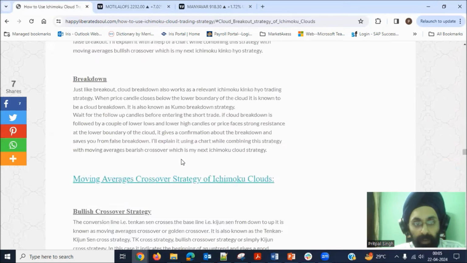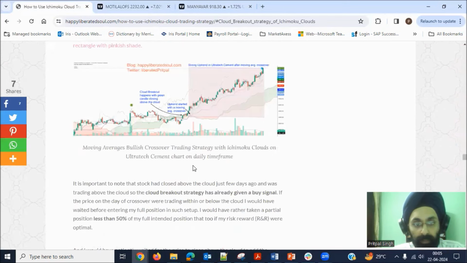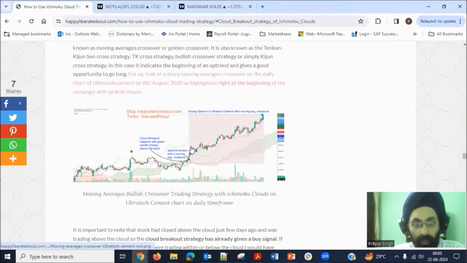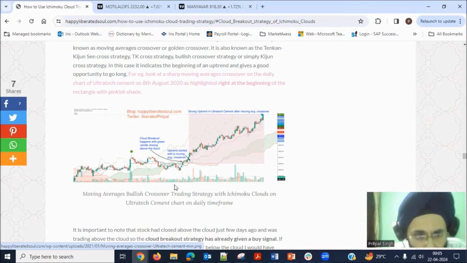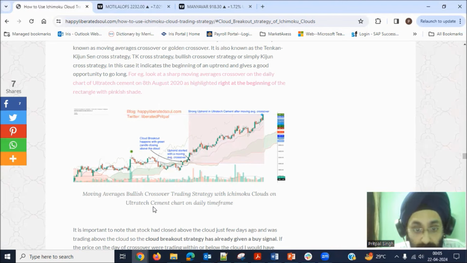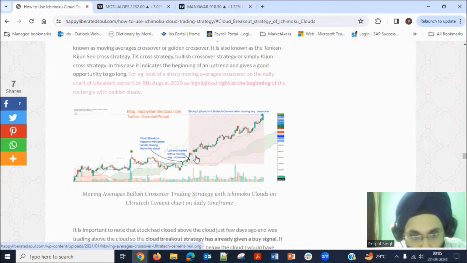Although I have some examples here, this was for the bullish scenario. You can go through all the content and all the charts I have mentioned, like how the breakout has happened. For example, I will briefly discuss this: the moving average bullish crossover strategy with Ichimoku Cloud on the Ultratech Cement chart on the daily time frame. So here, if I open it briefly,